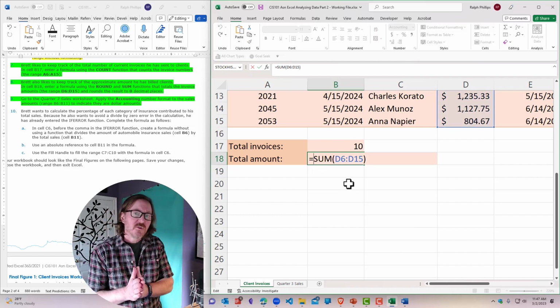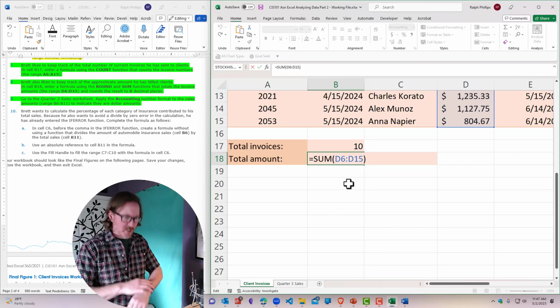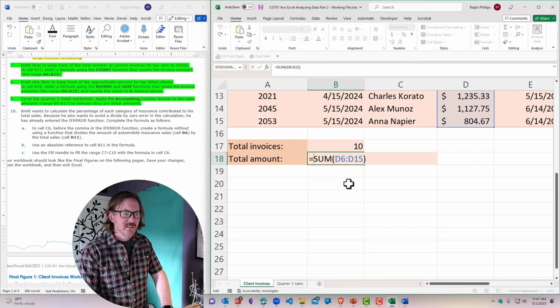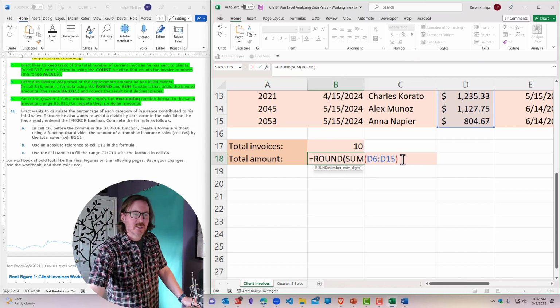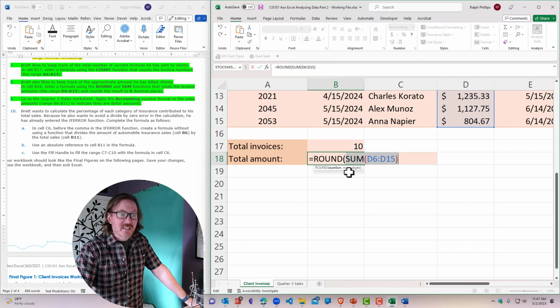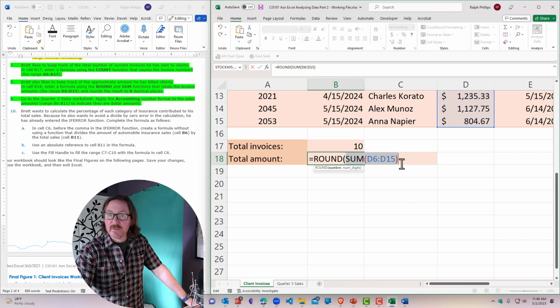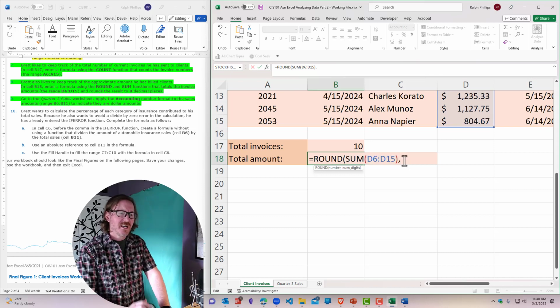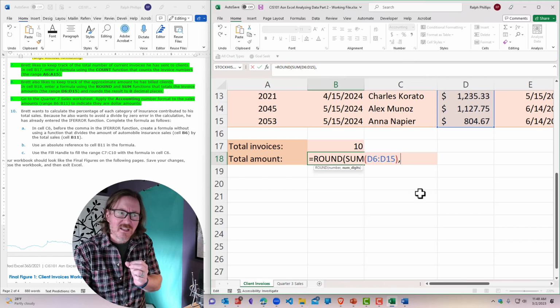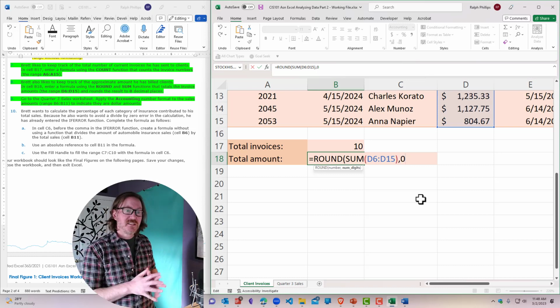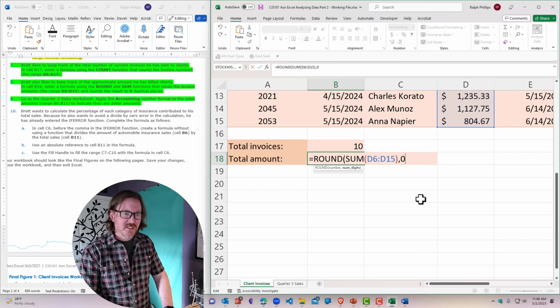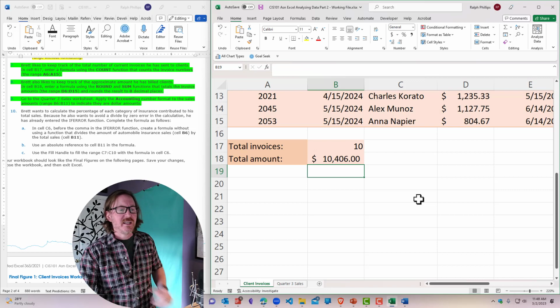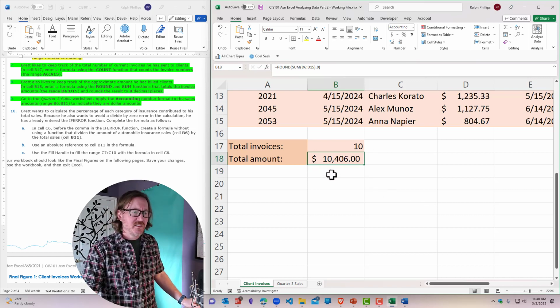And after the equal sign, but before the sum function, I'm going to write the round function with an opening parenthesis. So the round function has 2 parameters. The first part is the thing that I'm rounding. I'm rounding the sum of those numbers, the sum of those cells. And I do a comma, and I tell Excel where I want to round to. Now, if I round to 0, which is actually, I think, what they want, that means it's going to round to a whole number. So I could just do a closing parenthesis, press enter, and now my sum rounds to